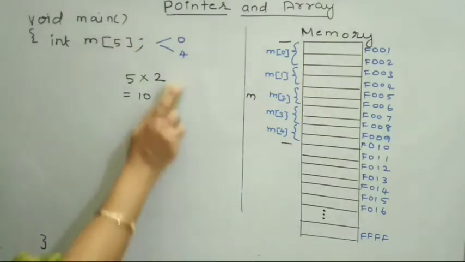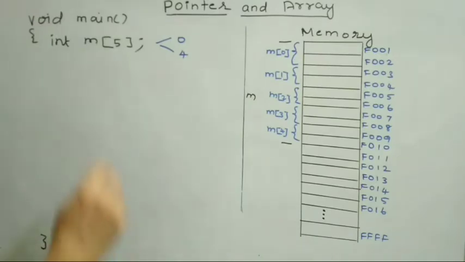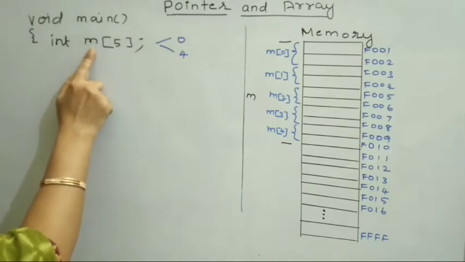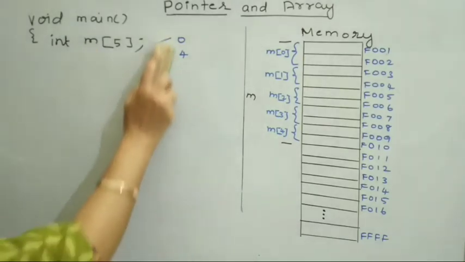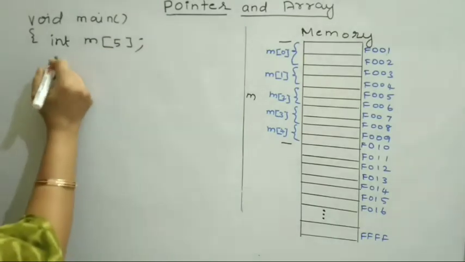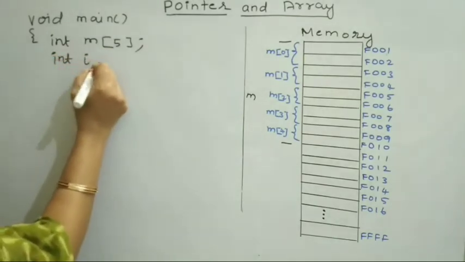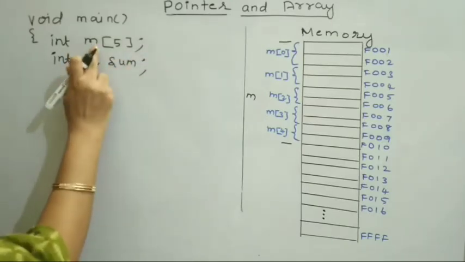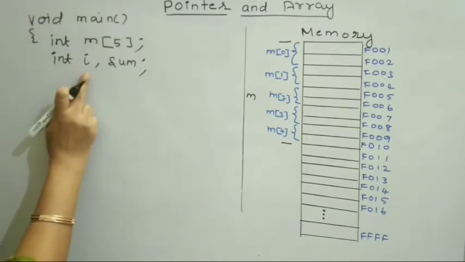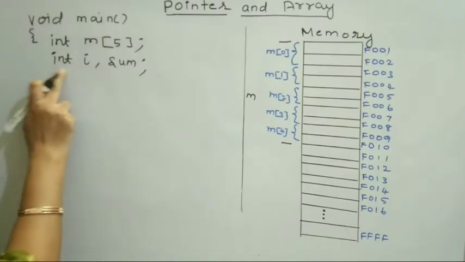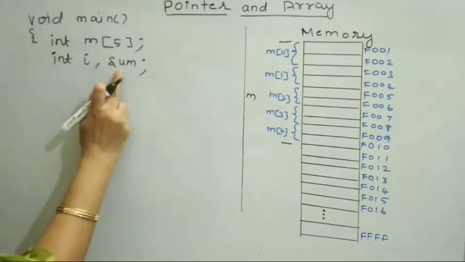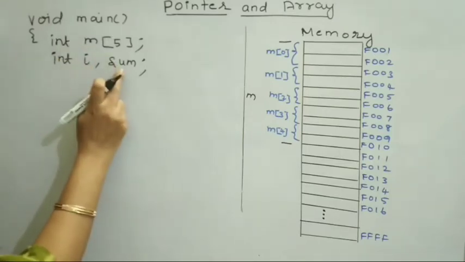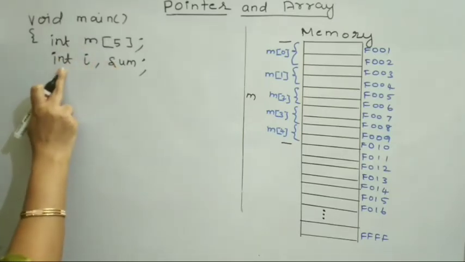What I am going to perform inside my function is to get the value of each individual element of this array and perform a summation of the individual elements. To do this, I am going to use 2 variables, int i and sum. i is going to hold the index position of the array m, which ranges from 0 to 4. These are integer values, so the data type of i is int. Sum is going to hold the summation of integer values, so its data type is also int.